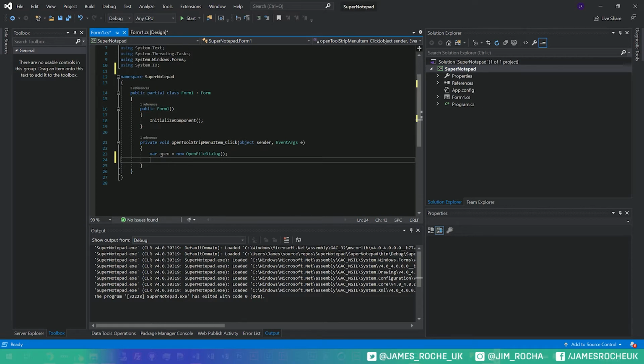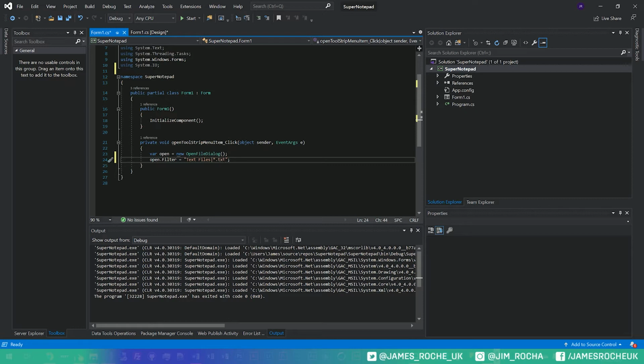So our Notepad program can only open text files. So we need to make sure that the open file dialog doesn't let the user select, for example, an image or a PDF. So we'll say open.Filter equals, and there's a weird bit of syntax that you have to put inside here. So filter is essentially a string, but you need to do it in a very specific format. So we would say we want text files. So that's the description of the file we want. So that'll be shown to the user. And then we put this pipe, and then we put a